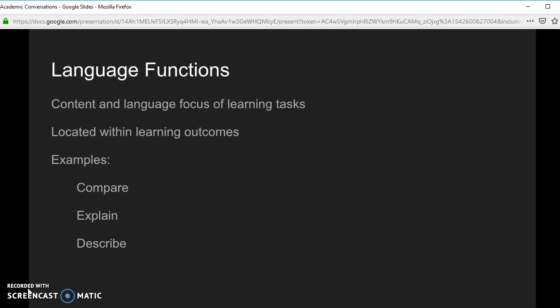Language functions are content and the language focus of the learning tasks. So oftentimes they will be explicit within the lesson plan because they'll be talking about the learning outcomes. They may or may not, however, be explicit in the classroom, but they should most certainly be implicit. So some examples are things like compare, explain, describe. They are verbs that are going to ask the students to, again, either verbally or with written uses, communicate their